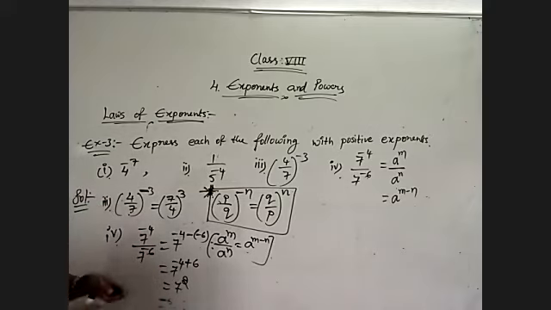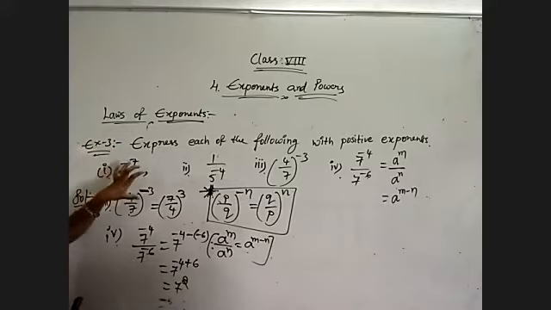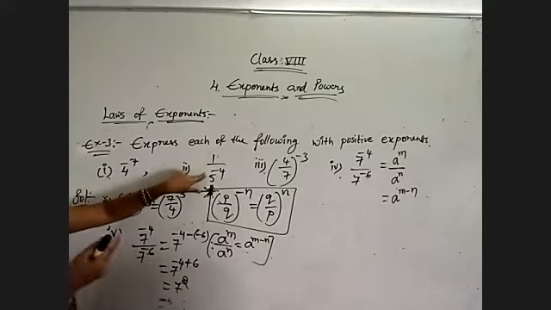So I hope you understood this problem. Once again I am telling, when a power minus n is there, we must use 1 by a power n. So 1 by a to the power of minus n will be a power plus n, and 4 by 7 is in p by q form. In that case q by p, and if the exponent is negative we must keep a positive exponent by using this formula. And lastly, observe this is in the form of a power m by a power n. So its simplification is a to the power of m minus n. M value is minus 4, n value is minus 6, between them minus is there. That is minus 4 minus of minus 6.